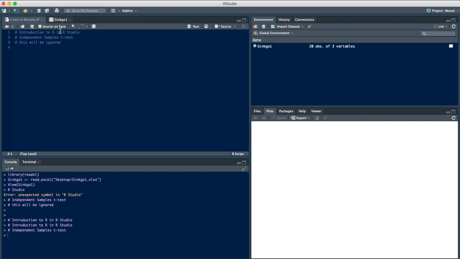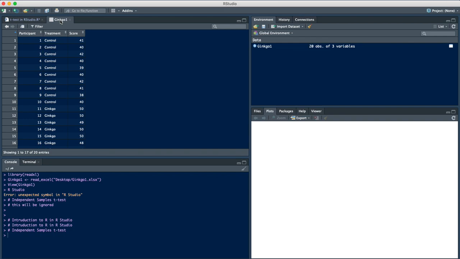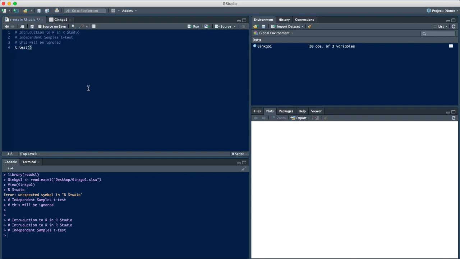So we've already imported our data set, and now it's time to run the t-test. It's very simple. You just type this command, t.test, and then open parenthesis, and then you want to type the dependent variable name. Now I'm going to go back to Ginkgo. The dependent variable name is score, so I'm going to type score,